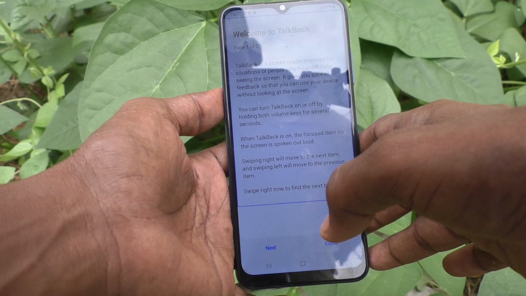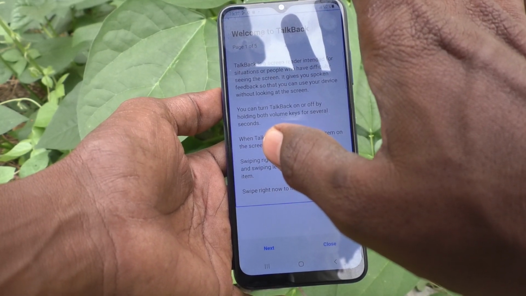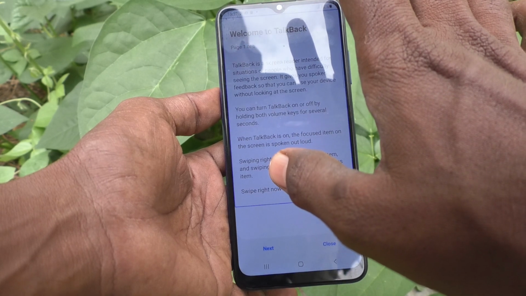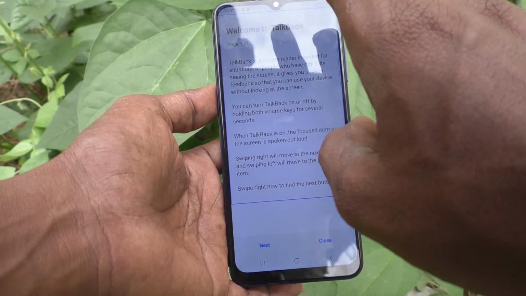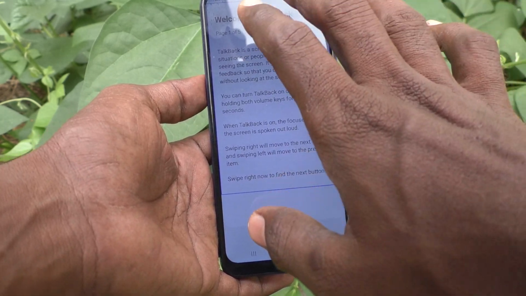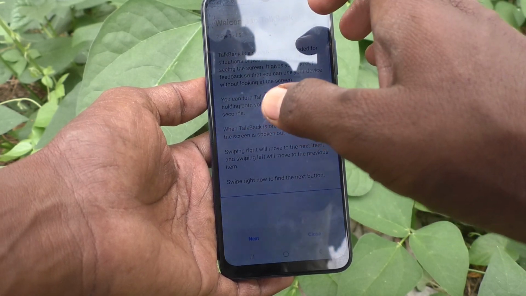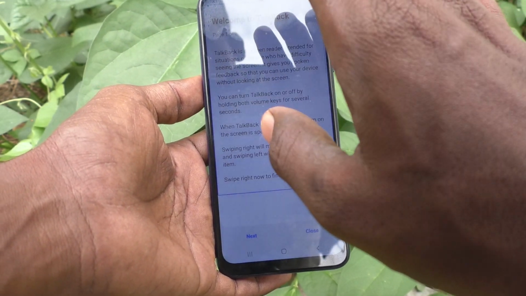TalkBack is a screen reader intended for situations or people who have TalkBack, difficulty seeing the screen. according to It the gives you spoken TalkBack, feedback so that you you go can use your to device just without looking at the screen. You can turn TalkBack slide, on or off by and holding then you both can volume keys for navigate several to seconds. different page by When TalkBack using is up, the and focused item on the hearing the voice